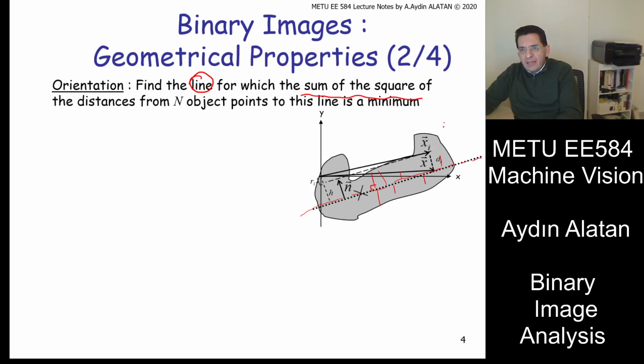For every point inside the object where you are trying to find the orientation of the object, all these distances should be minimum. If you calculate for every such arbitrary line, for example if there are 1000 pixels here, there are 1000 distances that you have to add, square sum. But only for one line will that summation of 1000 distances from the pixels to the nearest point on the line be minimum, and that is your